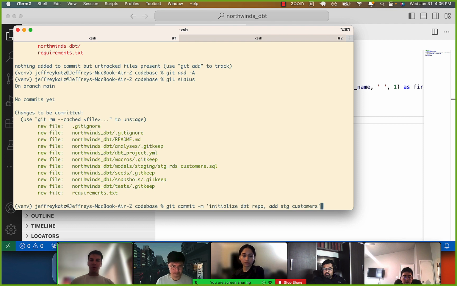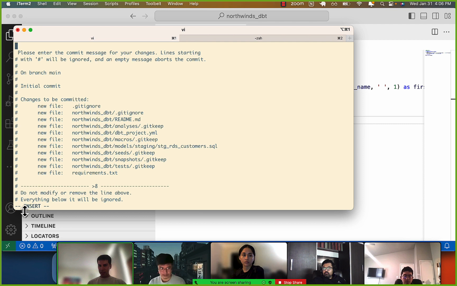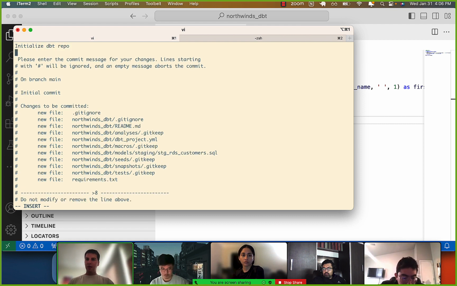Here's a pro tip. If you do git commit -v, you can see this. Here I can add a multi-line commit. This may feel a little complicated because you're technically in Vim. If I just type, I'm typing characters, but it's not doing what I want. What you have to do is press the letter I first. You see where it says insert now? And now I can write as normal, right? I can do something like, initialize git dbt repo, and then comma,